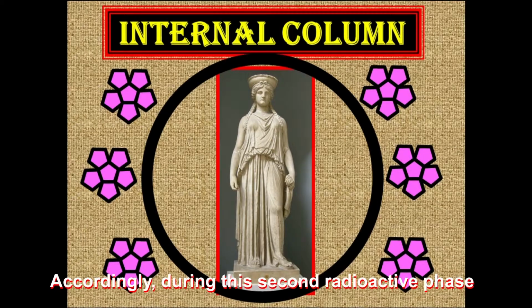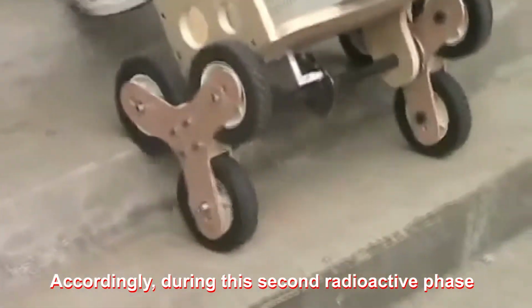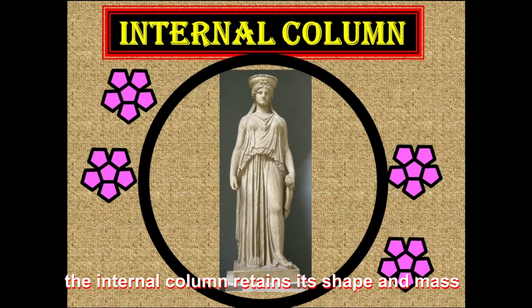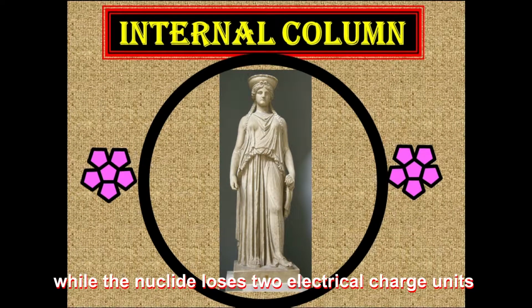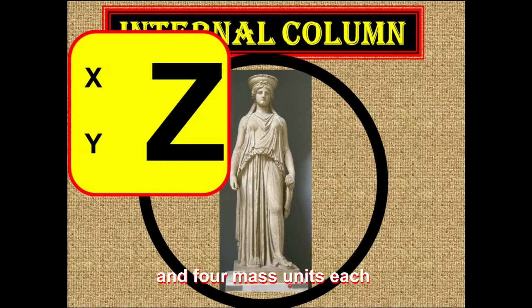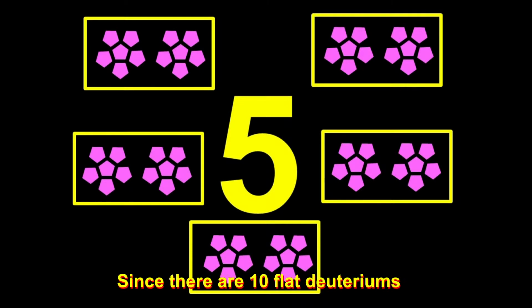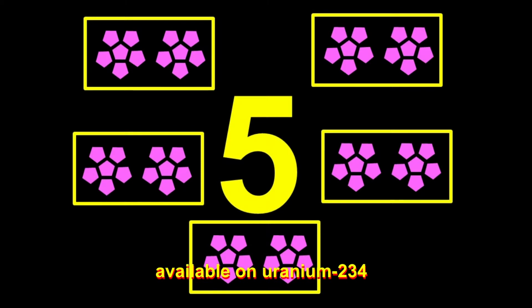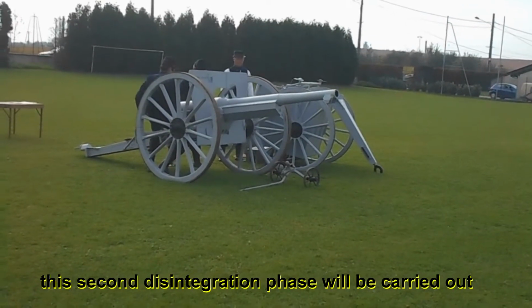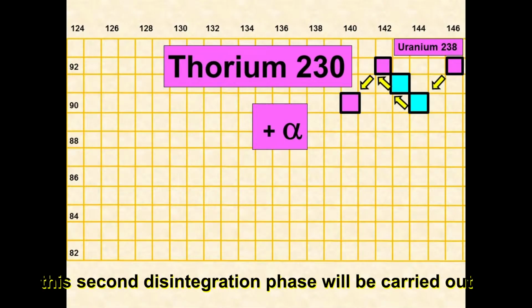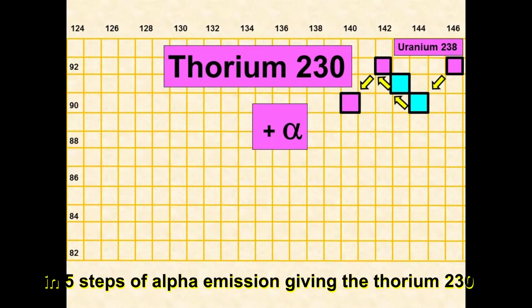Accordingly, during this second radioactive phase, the internal column retains its shape and mass while the nuclide loses 2 electrical charge units and 4 mass units each. Since there are 10 flat deuteriums available on uranium-234, this second disintegration phase will be carried out in 5 steps of alpha emission, giving the